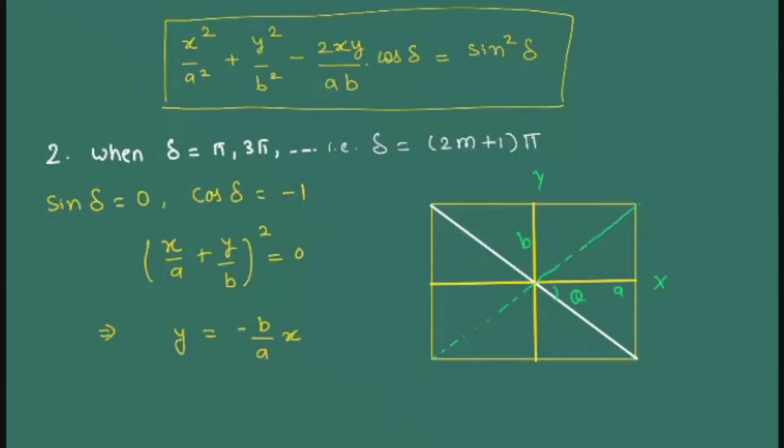If you want small a and small b to be equal, that is only possible at theta equals 45 degrees. If your incoming wavefront remains the same, only at 45 degrees will a cos theta become equal to a sin theta. Therefore, if your incoming plane polarized wave, before hitting the crystal, makes a 45 degree angle with the optic axis, then the E ray and O ray will have the same amplitude.